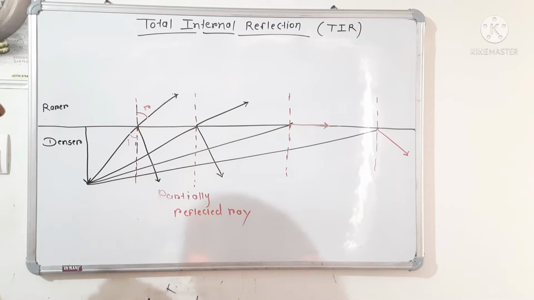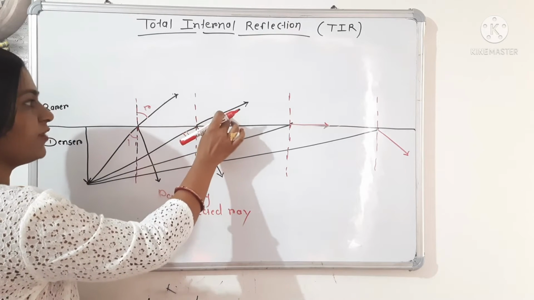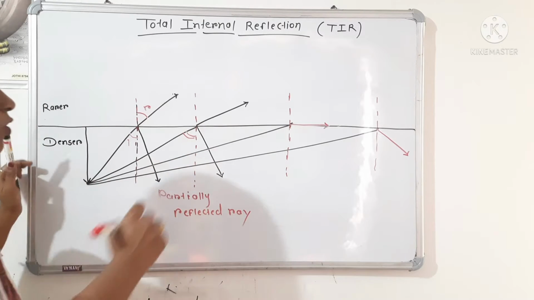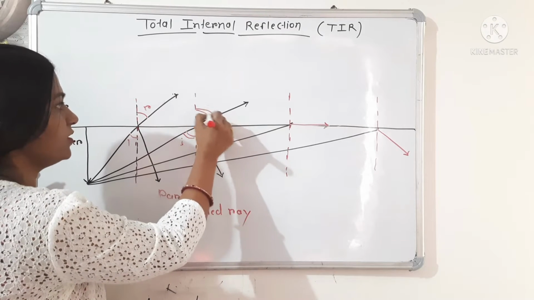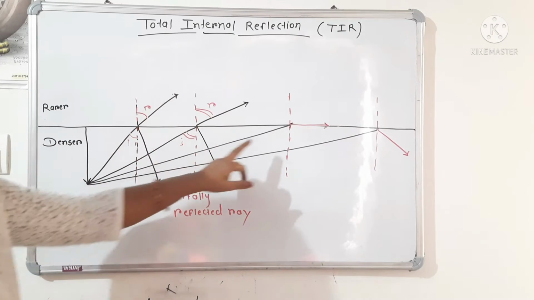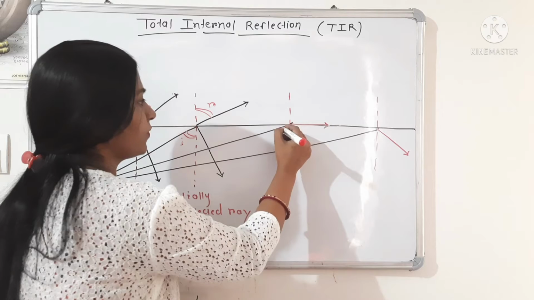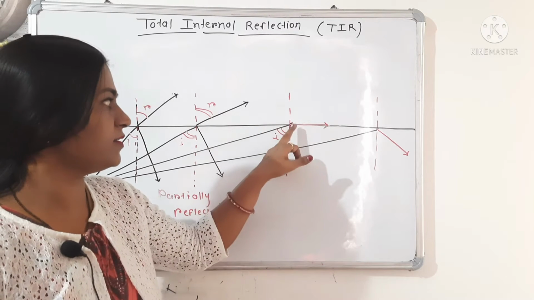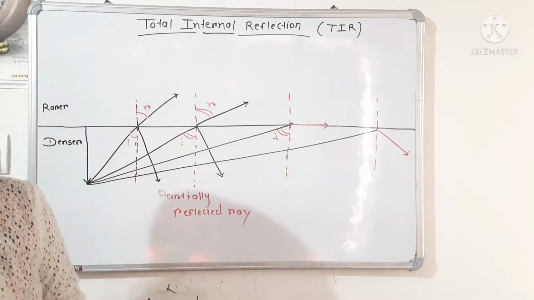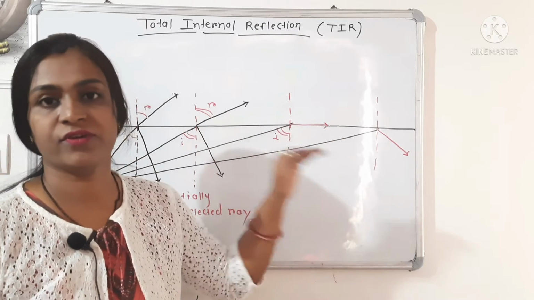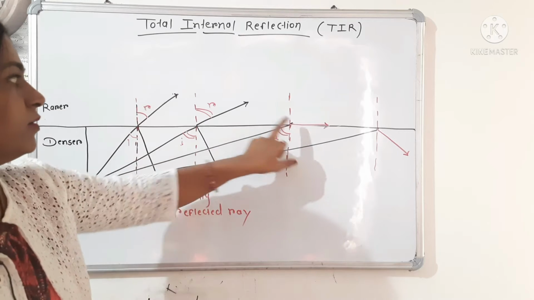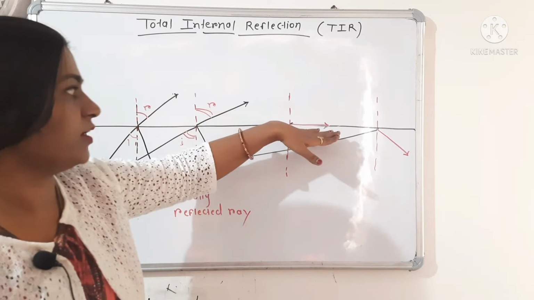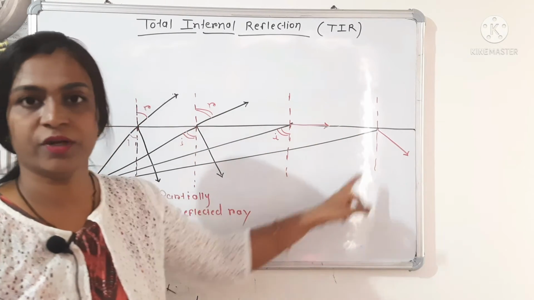Again, when we increase the incident angle, this refracted ray moves again away from the normal. That means as the incident angle increases, the refracted angle also increases. Again, in the third case, if we increase the incident angle again, the refracted ray moves away from the normal in such a way that it moves along the surface of the medium. In the first case this is the refracted ray, in the second this is the refracted ray. Again we increase, then the refracted ray is along the surface of these two media, parallel to it,